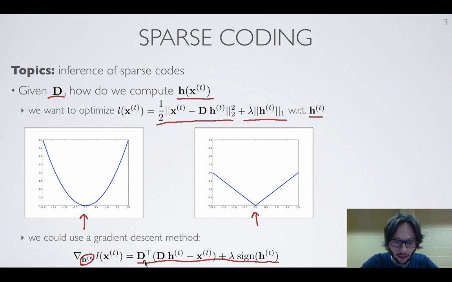The gradient has this term here, which comes from the reconstruction term, and a term here with the sign function that we typically see when looking at the gradient of an L1 function. So we could perform gradient descent, updating the latent representation until it converges,